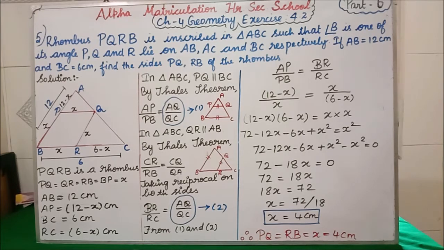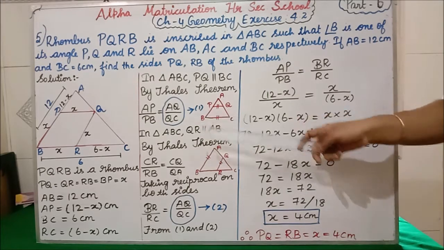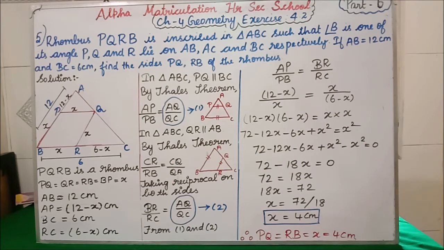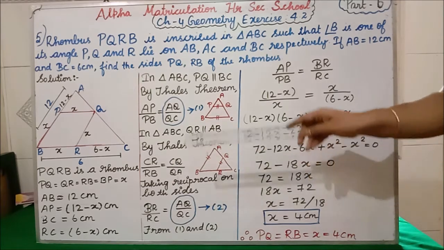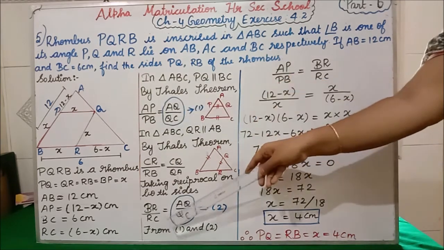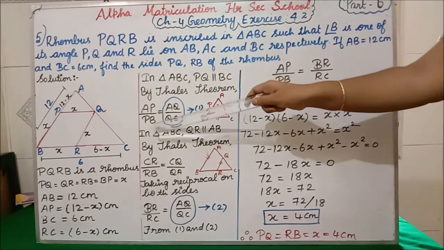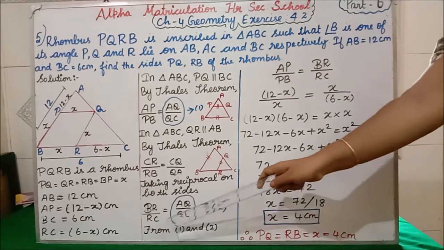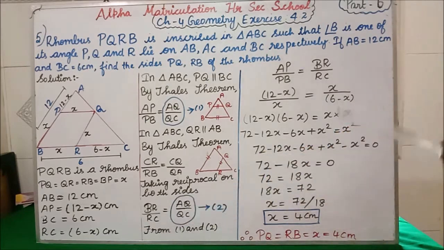To make one side equal, we are taking this reciprocal. In some problems it will directly become equal. Suppose you are not getting it equal, then you have to take the reciprocal, and at that time you will get it equal. Now if we see 1 and 2, both the right hand sides are equal. So what can we do now? We can leave that equal side and write the remaining left hand sides. AP divided by PB is equal to the remaining left hand side, BR divided by RC. Clear, students?